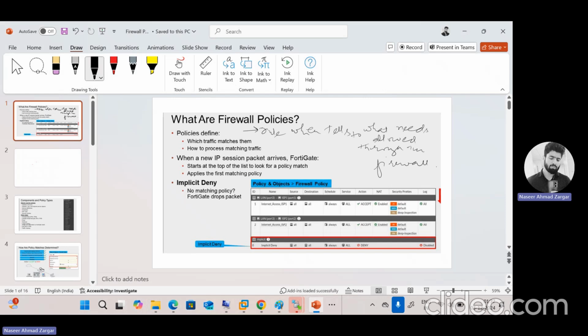It is the firewall policy which will match the traffic. Once the traffic is matched, we're going to see how the firewall policy actually matches it, and the moment it matches the traffic, it processes it according to the policies that you have defined,